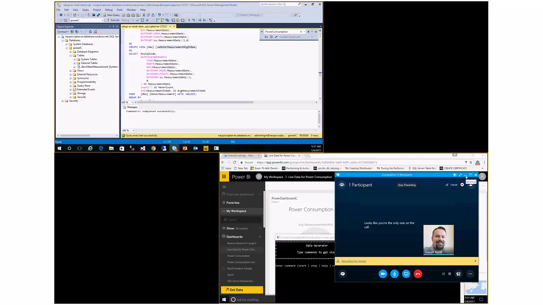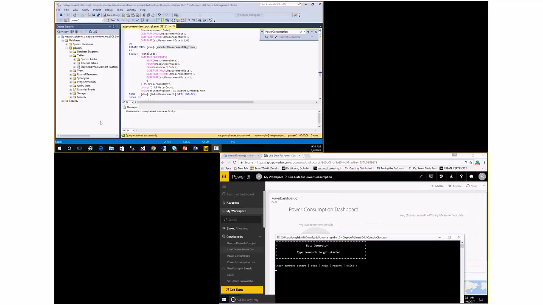I'm showing both screens. My first screen, I believe on the left, shows you I have an Azure SQL database, premium level 11. So I have at least 16 gigs of RAM that we're going to be populating here. My database name is PowerC, and I've created a table